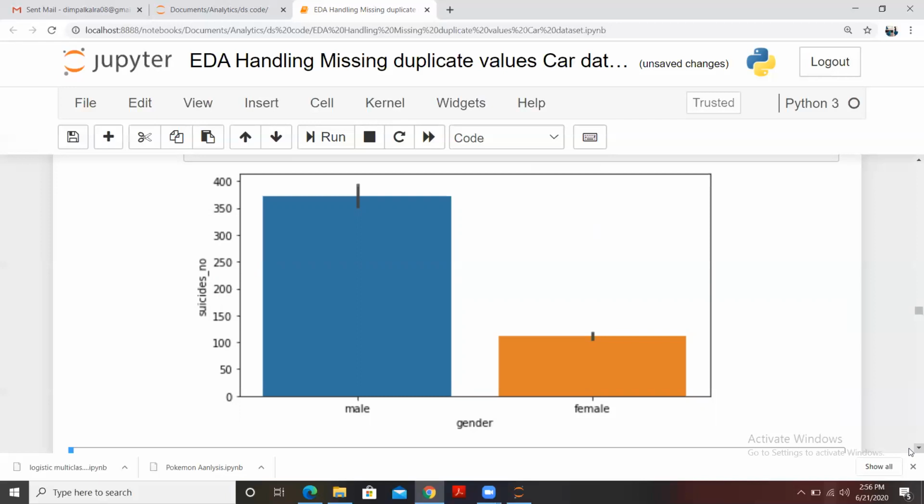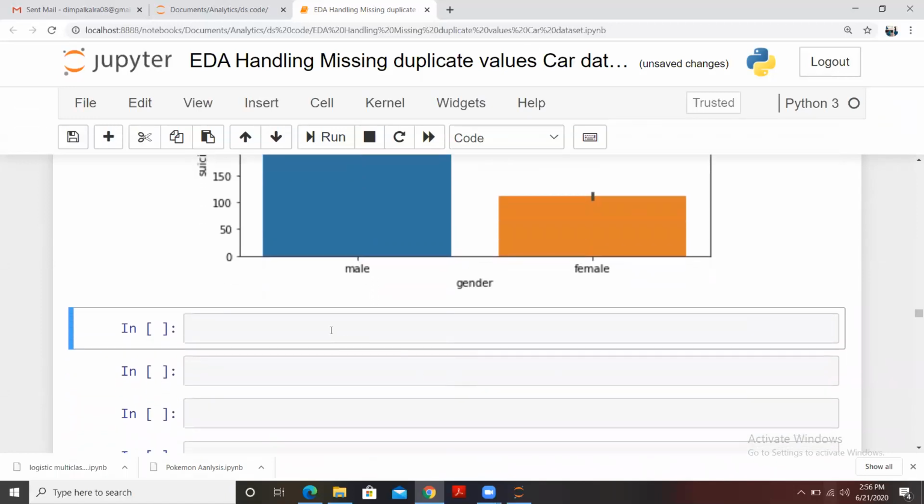Let's say we have to create a plot based on the suicides and the population. So rather than using a bar plot, I'll be using a different plot, which is a scatter plot, and I want to plot number of suicides versus population.